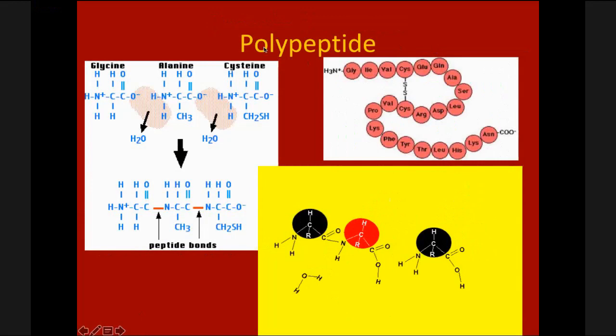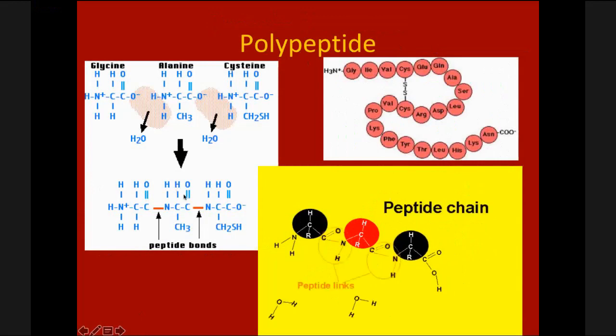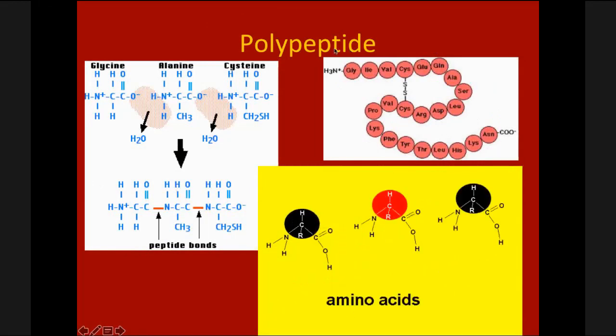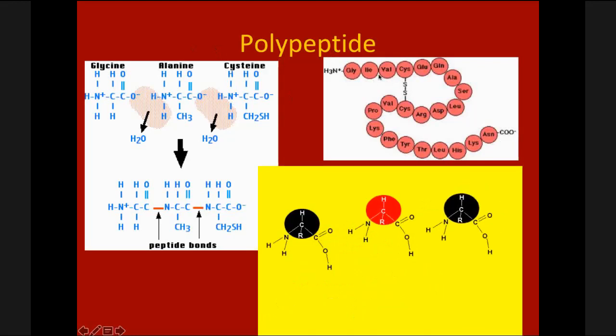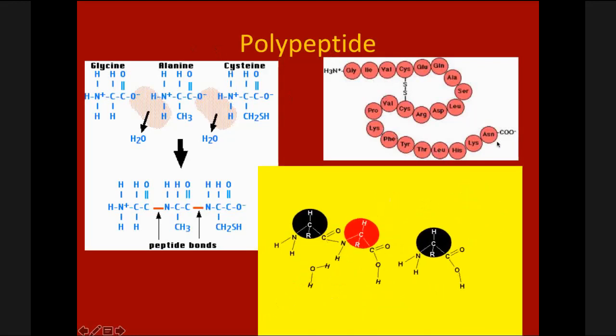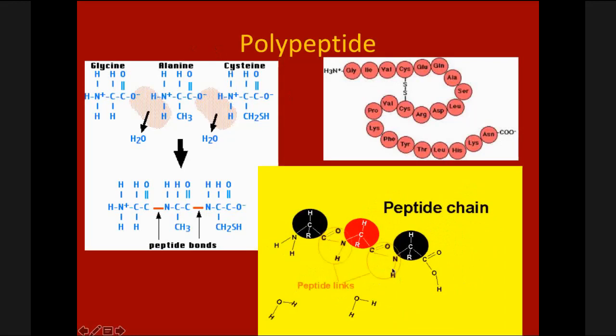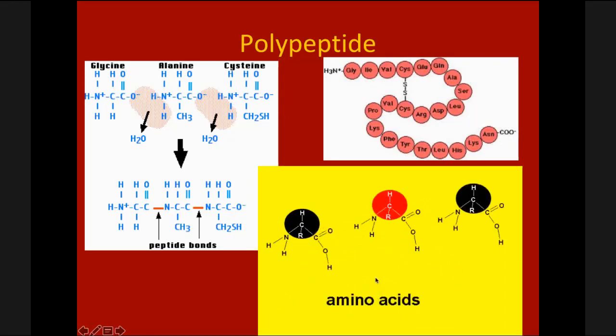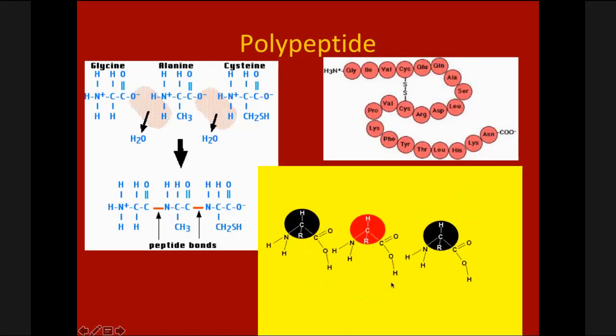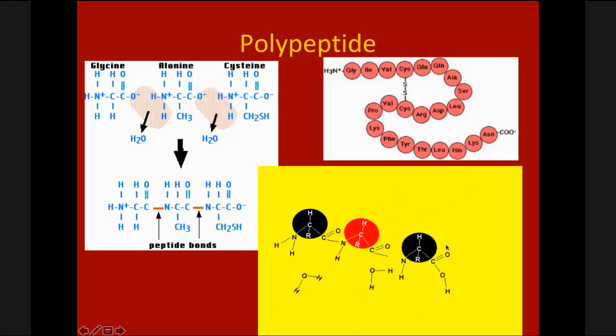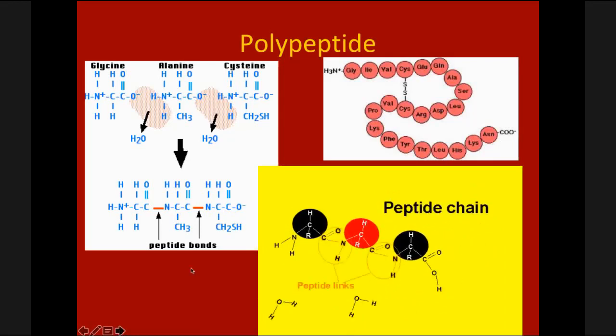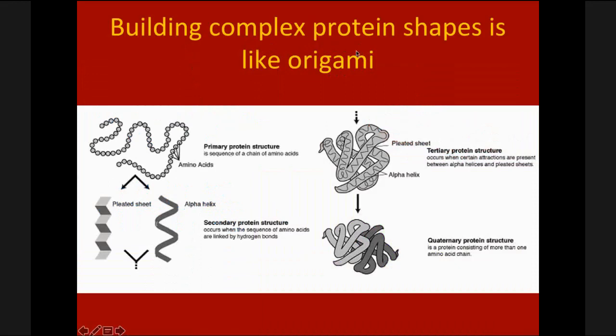So here we can see different amino acids coming together by dehydration synthesis to make a long chain. And again, there you can see the OH, the dehydration process happening. Now, when we put that long chain of amino acids together, we call this the primary sequence